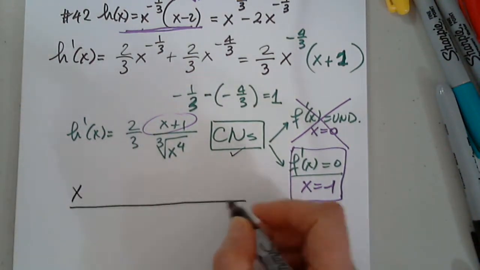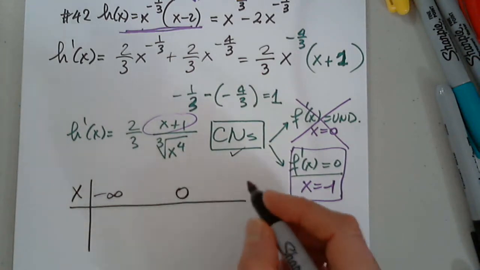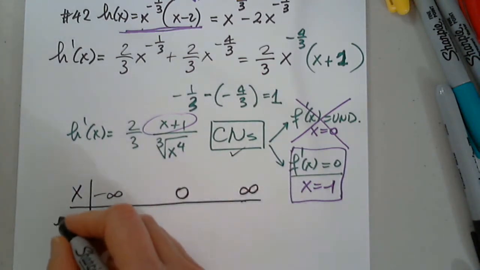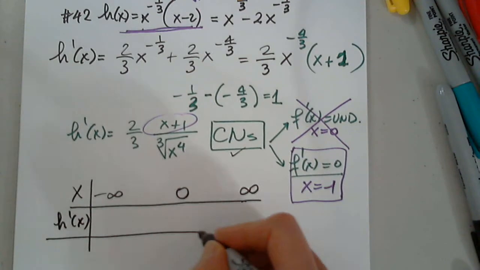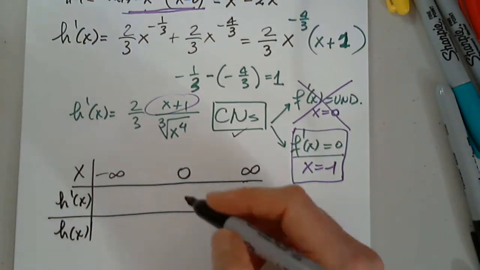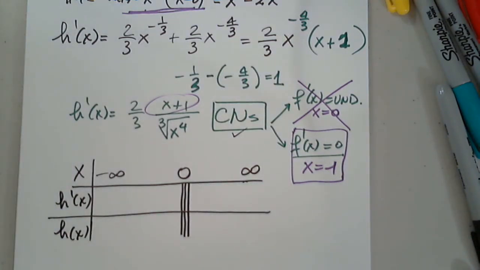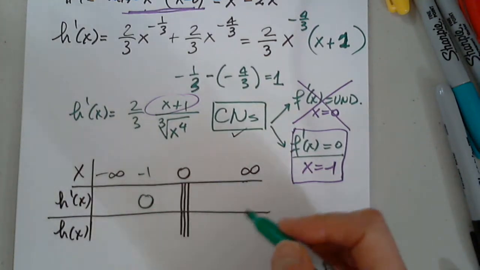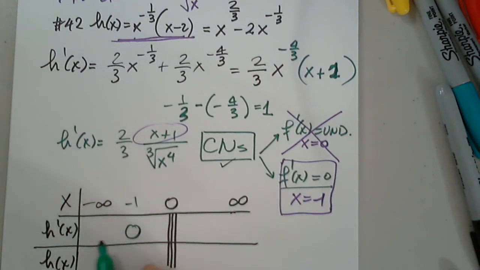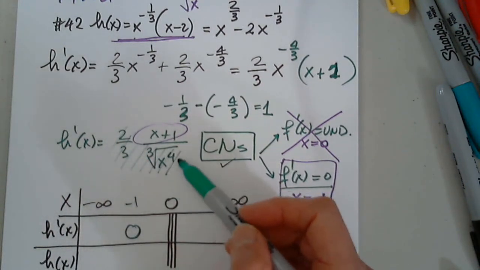So we have x. I know the function is defined everywhere except at 0. So this is our h prime, and this is our h of x. So nothing is defined at 0. And then I have to put in negative 1. And when I put in negative 1, I get 0 here. I have to study the sign of the derivative, but I will not study the sign of all this, because